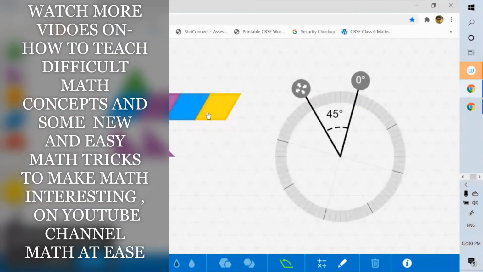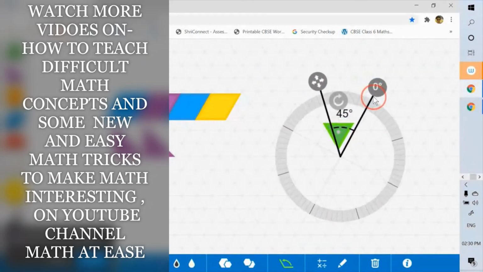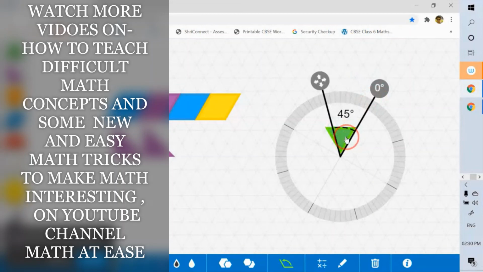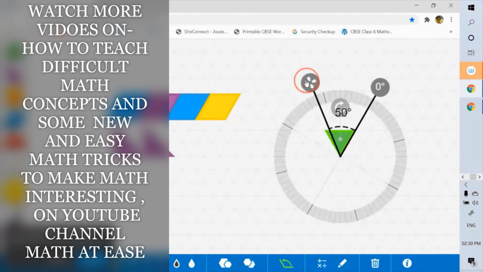So I love this. Another activity that I can tell you is that you can drag an angle image there and ask a child to measure the angle. So if I drag it here and I want to measure it, I will just adjust and bring it here and then measure the angle. So this way, you don't have to teach directly that all the angles of a rectangle are 90 degrees. Just give them an activity.